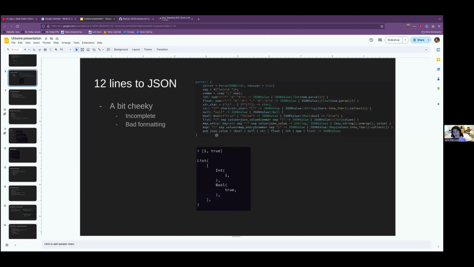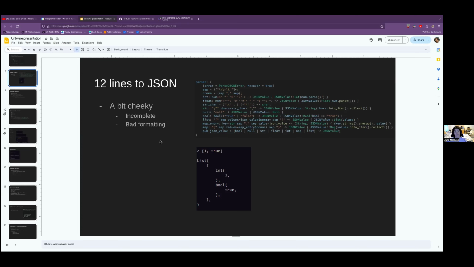What this optimization does is it optimizes cases like this, where you have this is equal to a boolean or null or string or float, etc. The issue with this sort of setup is that normally you are going through one by one and trying to parse, is this a boolean? No. Is it null? No. Is it a string? No. Blah, blah, blah. It's a list. So we're going to parse it as a list. But we did all of this work checking these conditions that are just false.